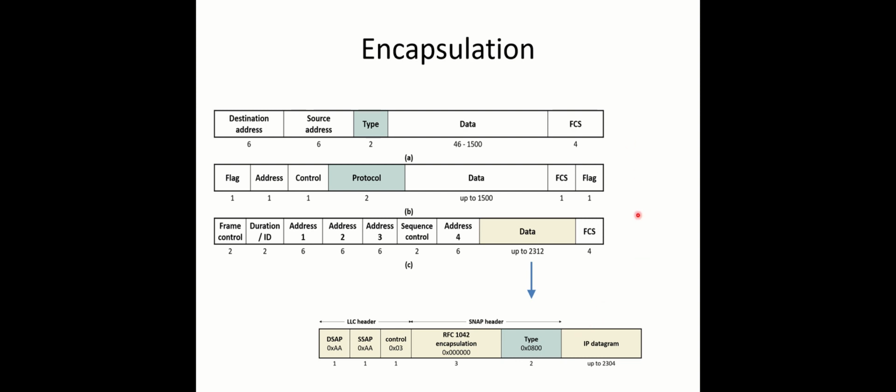Like this, the link layer protocols must be able to tell the receiver that it is carrying an IP datagram. Then the receiving link layer protocol can deliver it to IP. So this is the first thing that a link layer protocol that wants to be used by the internet should provide.